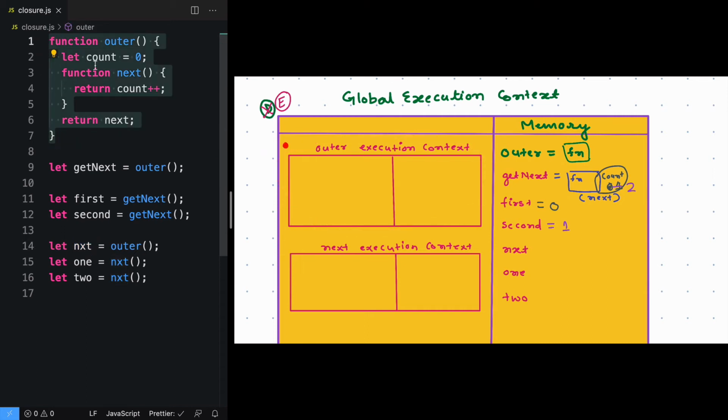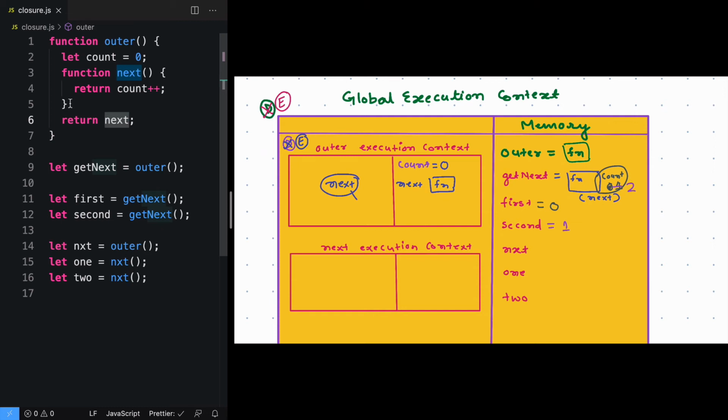Outer will go through the declaration phase, and in the declaration phase we'll just look for declarations. So we can find the first declaration, that is count. The value of count will not be initialized. The second declaration is a next function. So we'll say next, and we know next is a function. So in that way, the declaration phase will be over. We'll move on to the execution phase. In execution, we are saying return next. So we'll return next from here. Before that, the value of count will be initialized to 0 in the execution phase. So count is equal to 0. And this is a special case that we have been talking about, when a function gets returned from another function.